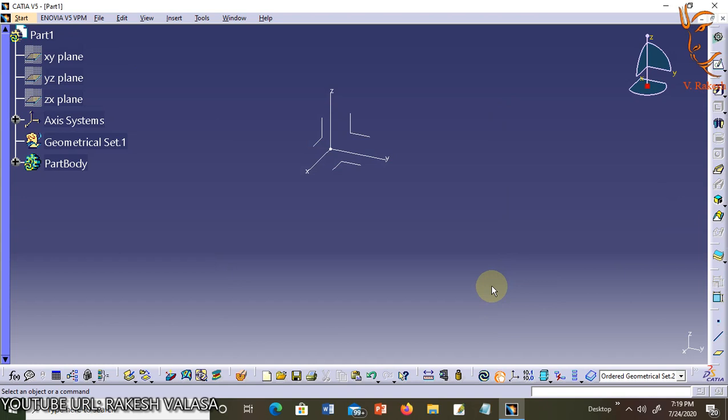Sometimes there are too many tools and toolbars on the sidebar at one time. CATIA V5 gives you an indication of this when you see the small double chevrons at the bottom of the sidebar.